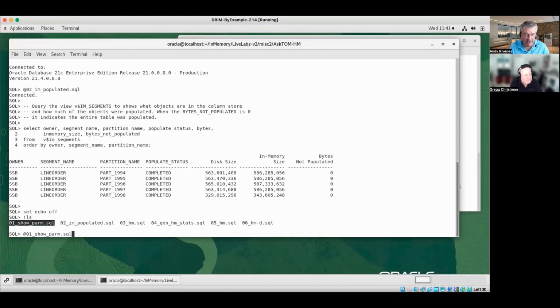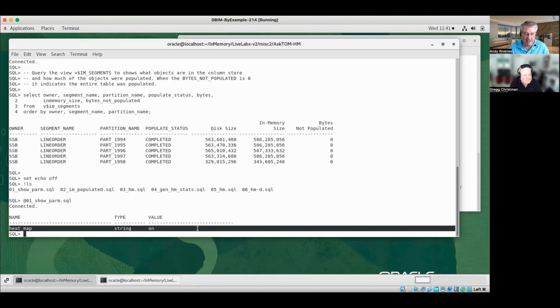I have this just to show that I've set heat map on. So that's the parameter in the initialization parameter file, the init.ora, that you would set with alter session or alter system, I guess, if you wanted to set heat map on. So I've set heat map on. I've populated it in the column store. This works